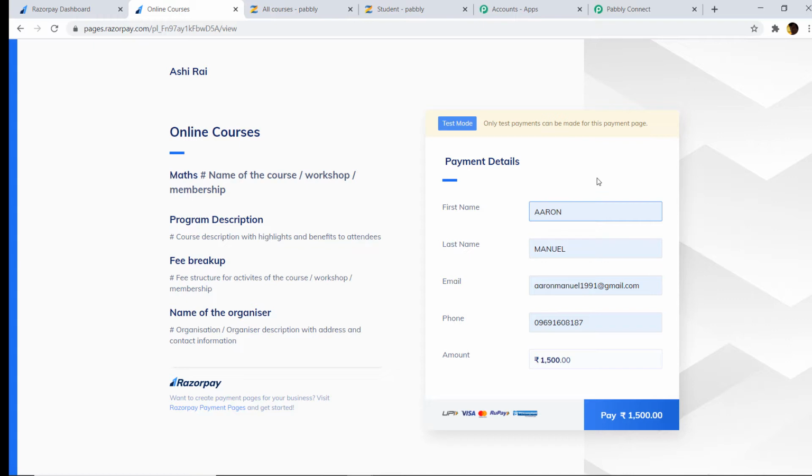Okay, your obvious question is, why are we filling the details of the existing student in Zenler in Razorpay? I will explain in detail later, but at present let's fill in the details of the existing student in Zenler. So the first name is Aaron, the last name is Manuel, the email is aaronmanuel1991@gmail.com. This is the phone number and this is the amount. Just click on pay,